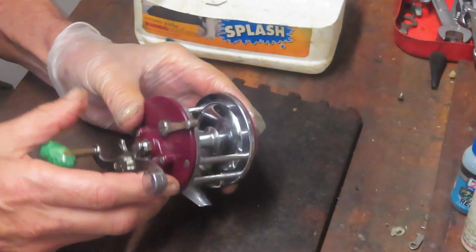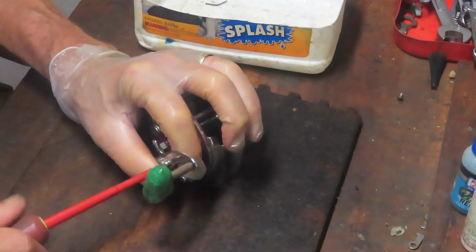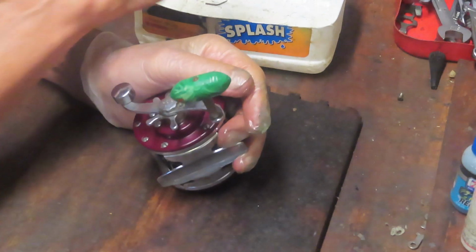So Frank sent this in. He asked me to give it a tune-up, and we're going to do that. We'll show you how this reel is made, how you service it, and how you get it out there fishing again. So while I'm taking off the exterior parts,